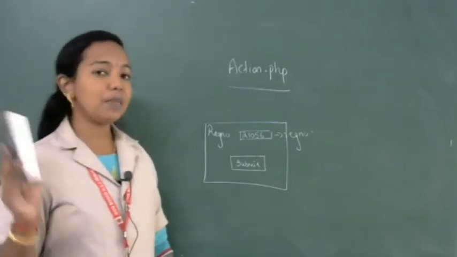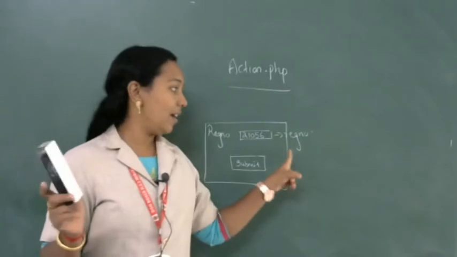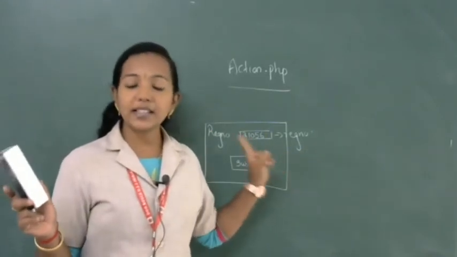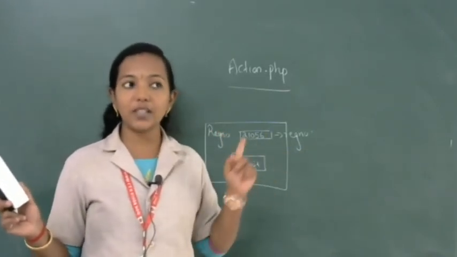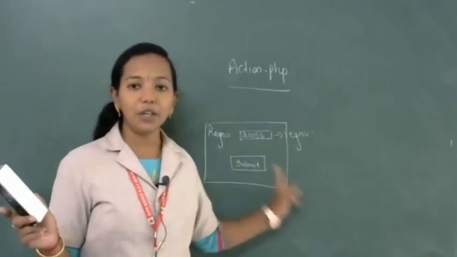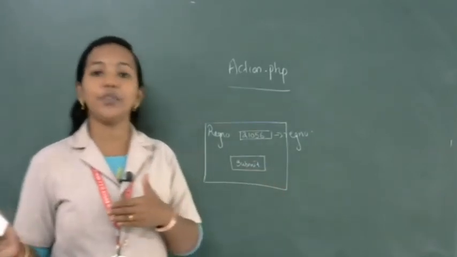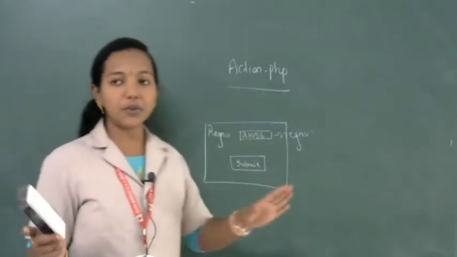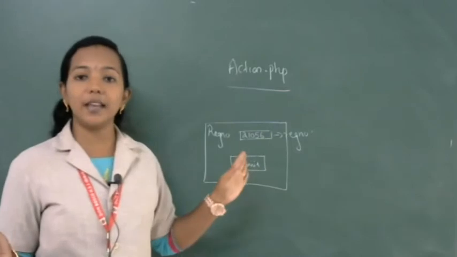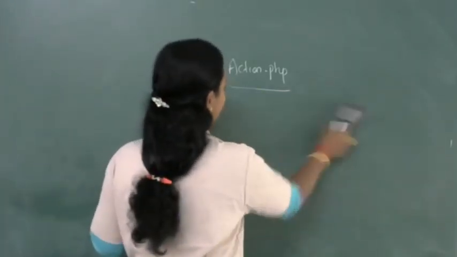So you want to remember one thing. What is our text box name? Register number, because this name is important since we are connecting HTML with PHP. In some statement you want to use the text box name because you want to access the value from the text box. So remember our text box name is register number. Then I am going to write the PHP program.